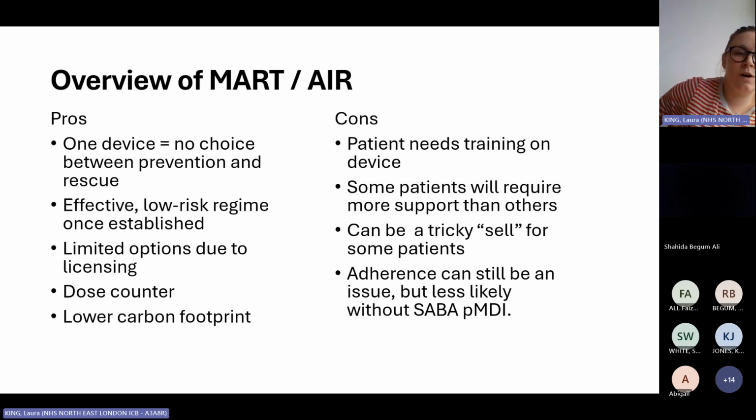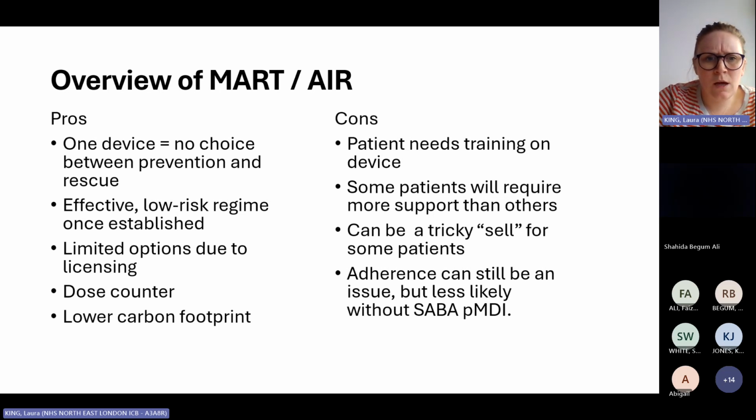I did a presentation a little while ago, gosh, a couple of years ago now, where Asthma and Lung UK were in attendance, and this question came up, and they were very firm in saying, no, you need to trust the science. You need to trust the science that they are self-titrating. And patients who use MART effectively, they don't really have attacks. It does work. And I know it's a really tricky change, isn't it? A lot of us do sort of sit on our hands and think, oh gosh, I need to stop thinking about the blue inhaler.